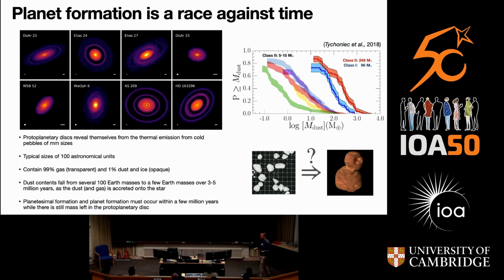So something happens in those 3 to 5 million years. Mainly gas and dust is accreted onto the star. And that's why I say planet formation is a race against time. You need to form planets while these disks are still available. All the disk material is still available. So both planetesimal formation, from dust to planetesimals, and also from planetesimals to planets, must happen in these few